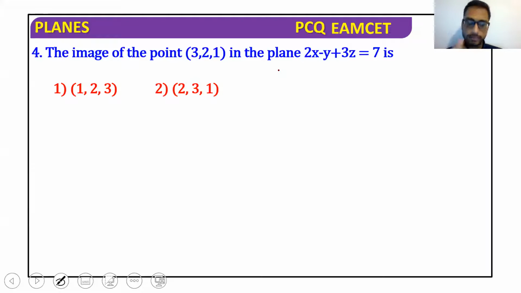Image of a point in the plane is equal to question mark. So for the image of a point, we can use our formula h minus x1 by a is equal to